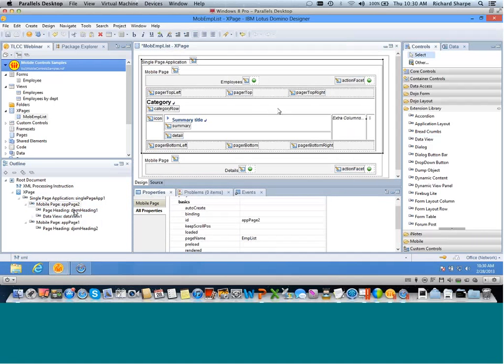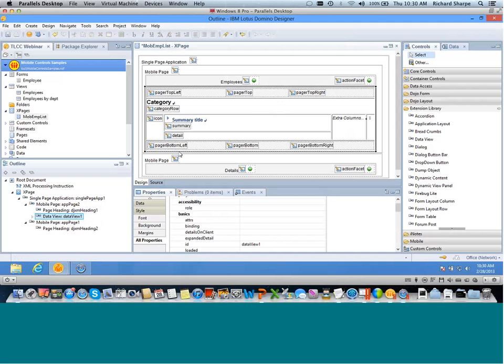So we've got this control that's made up of a whole bunch of different things, placeholders and facets and all sorts of stuff. Basically, it's a layout container. So they've called these things page top left, whatever, and you can just drag and drop other controls in here, and they'll be positioned for you. And then the crux of the data you can see in the white panes here. So you've got an icon category, category row, and all this sort of stuff here. Now we're interested in the summary and the detail parts of this